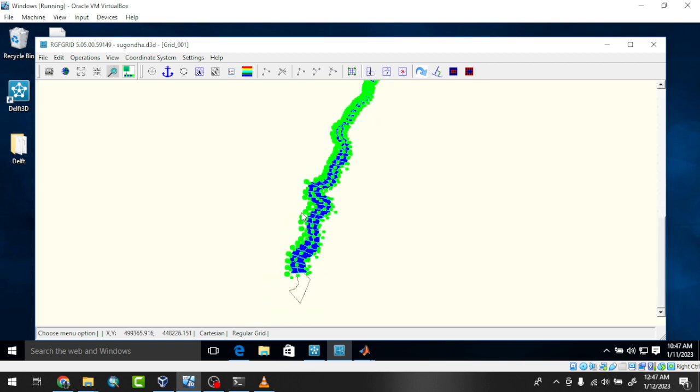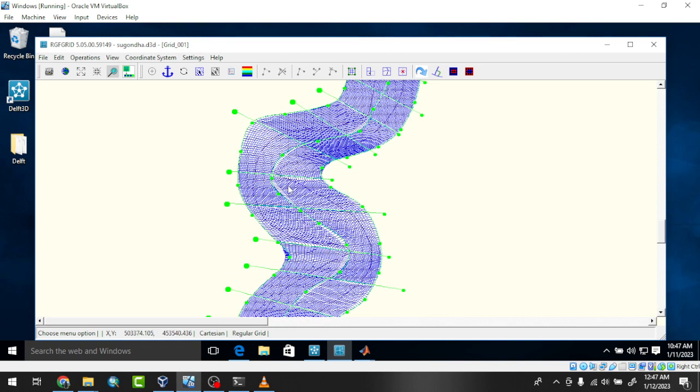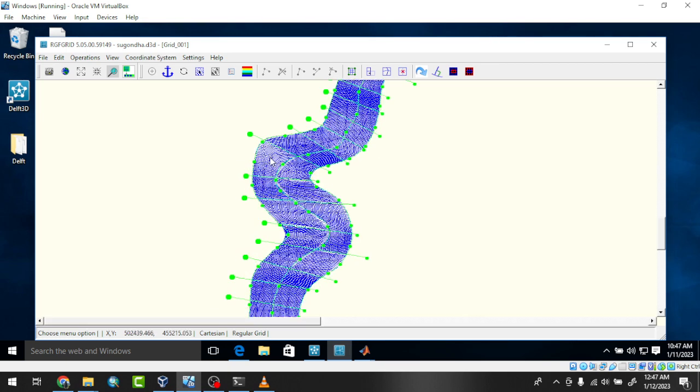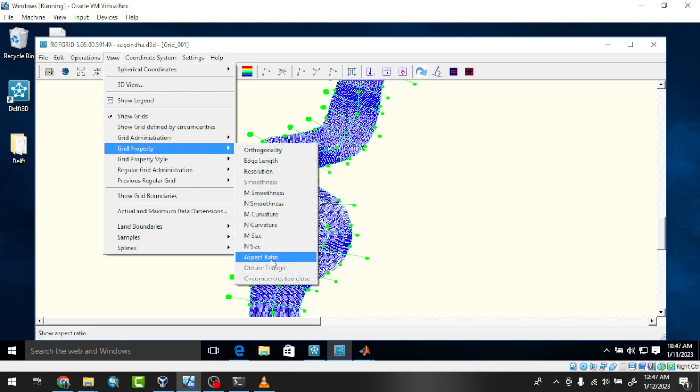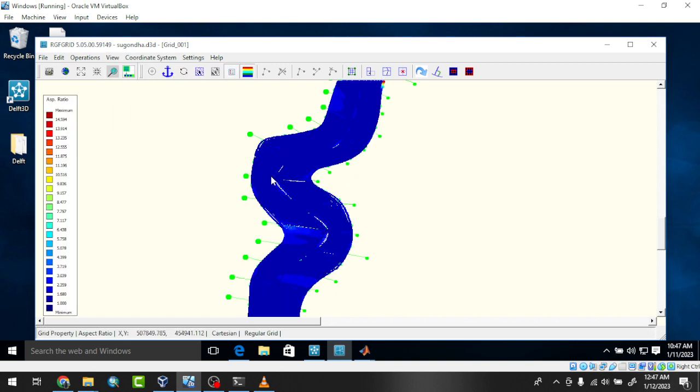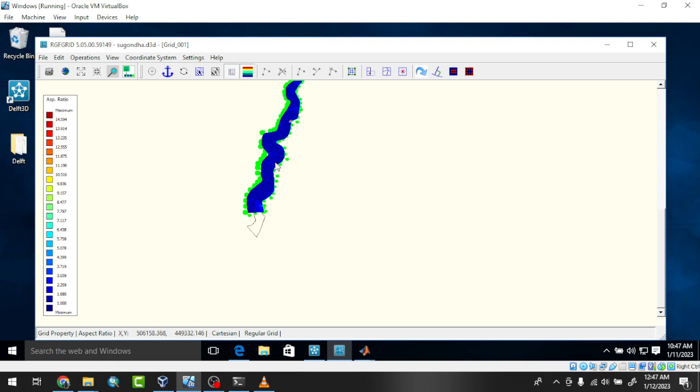Now it's looking good. To see the aspect ratio, what we need to do, go to view, in grid property, and check aspect ratio. Here you can see that our maximum is 14.594, but we have to keep all the